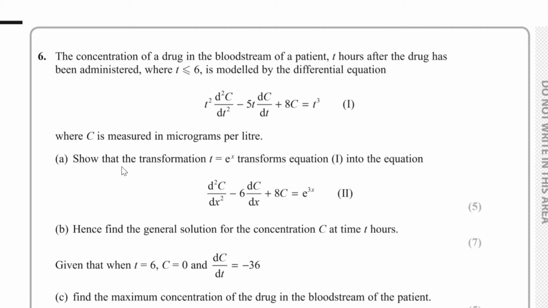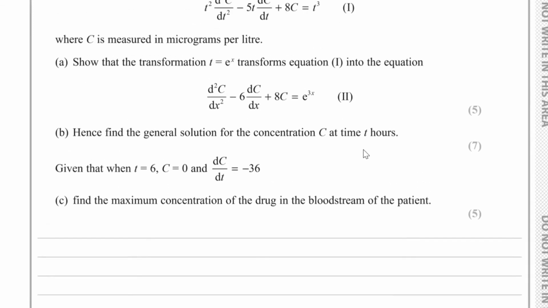And for part a, we have to show that the transformation t equals e to the power of x transforms this equation into this equation: d squared c over dx squared minus 6 dc over dx plus 8c equals e to the 3x. So a lot of work for this question. For part a,